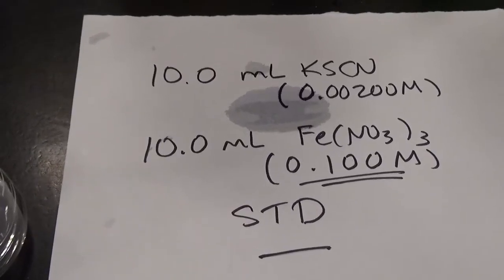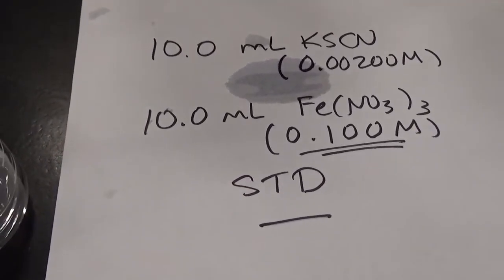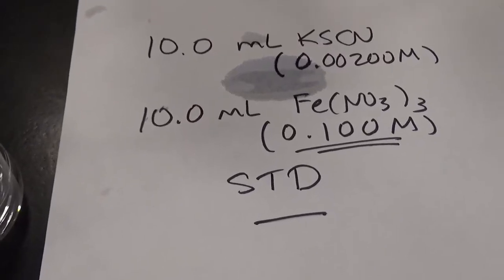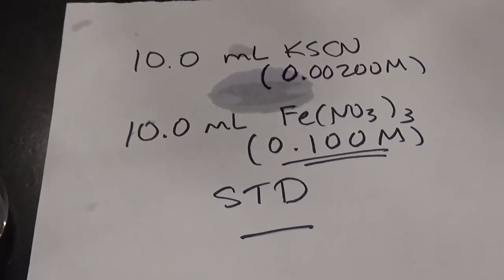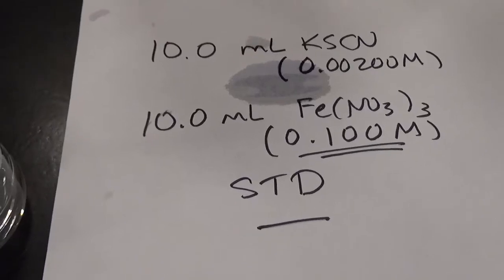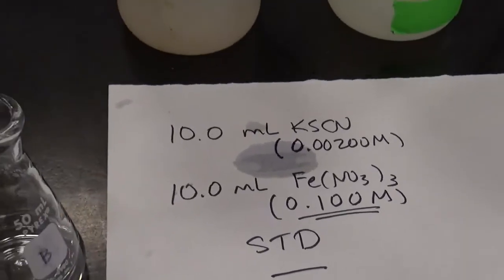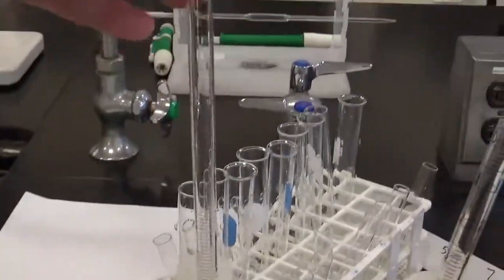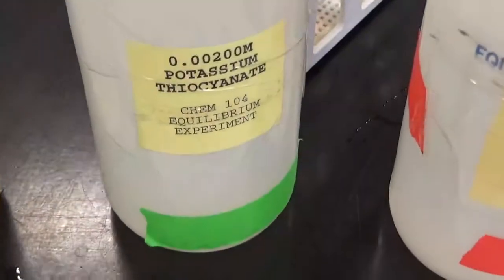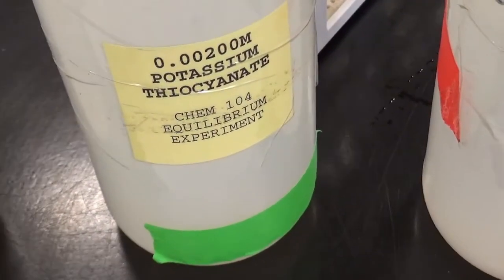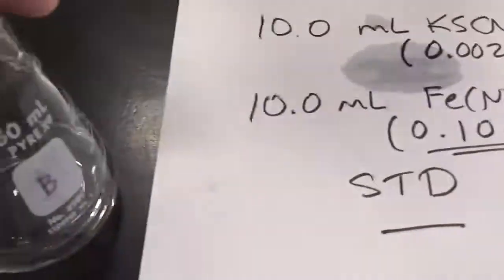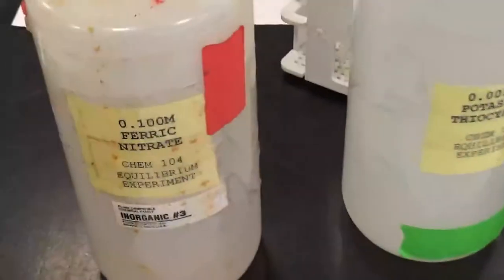And that's how we will be able to figure out what the concentration is of the complex. That's the brown, amber-colored complex that forms. And that's why we call this the standard, because we will be able to figure out the concentration of this solution. So what I've already done is I've pipetted, with this 10 milliliter pipette here, 10 milliliters each of the potassium thiocyanate into each of these two flasks. And now I'm going to pipette 10 milliliters of the 0.1 molar into this